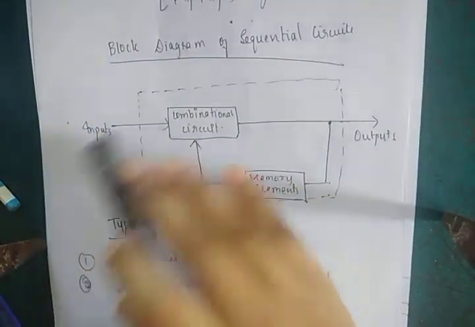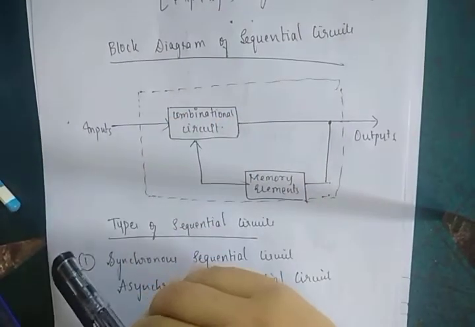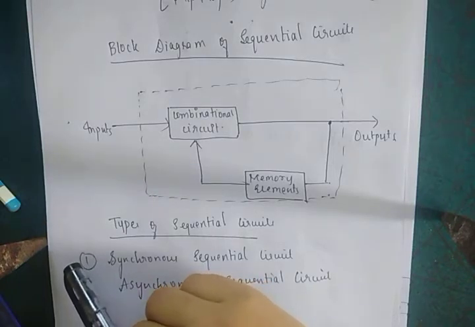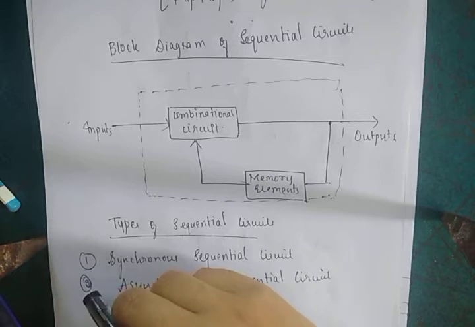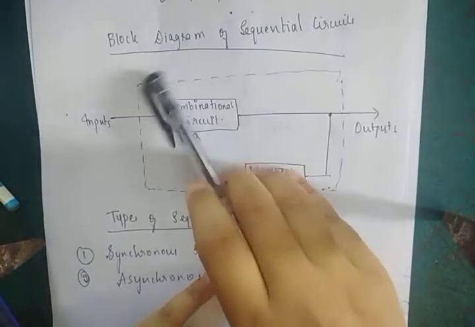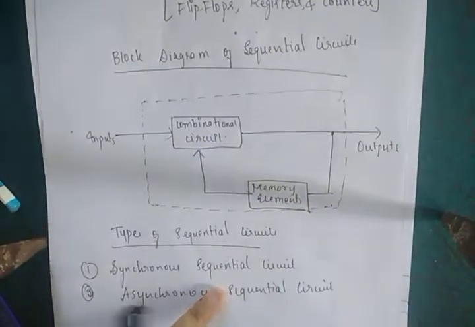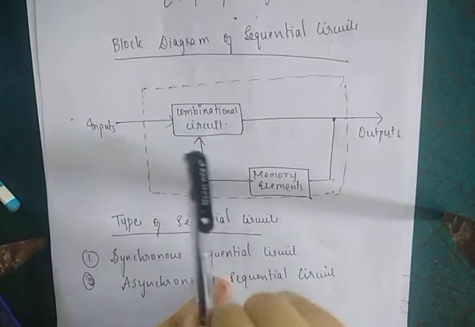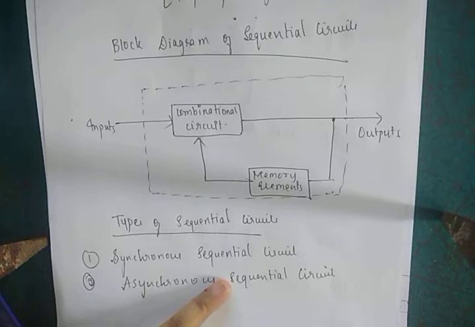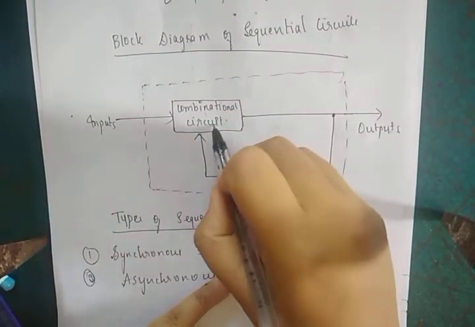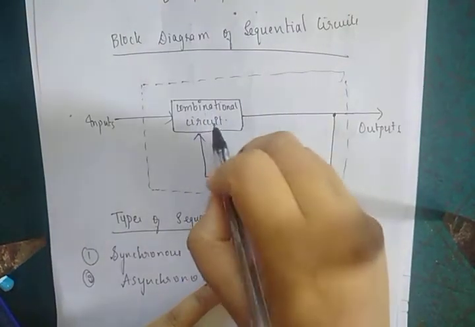As we know, leave the fifth unit, which is completely theoretical. This is something dependent on the third unit where we studied decoders, encoders and all. What is the third unit? It is nothing but a combinational circuit. What is a combinational circuit? Where output is dependent on the input. Similarly here also, if you see the block diagram of a sequential circuit, it consists of a combinational circuit, which we already studied. Output is dependent on the input.